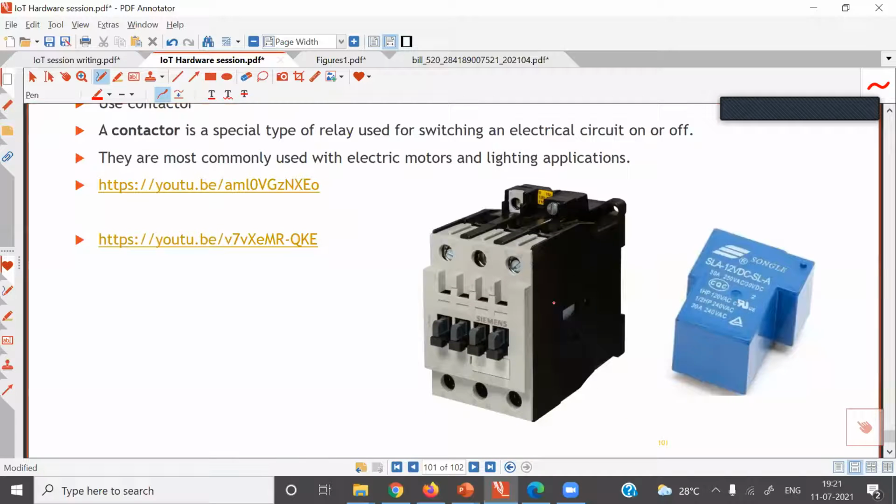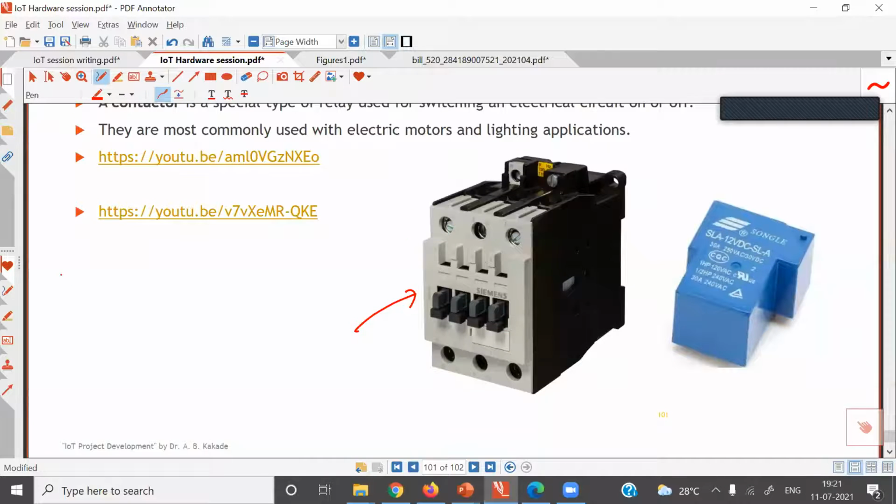So for example, if you want to control all devices together, if you want to switch off all the devices together, and if the overall load of the classroom is greater than 1.5 kilowatt, then go for a contactor. A contactor has more operating life as compared with a relay. So to connect this contactor, what you need to do is, for example, this is your small relay, a conventional sugar cube relay, SPDT type of relay. This is the relay coil.